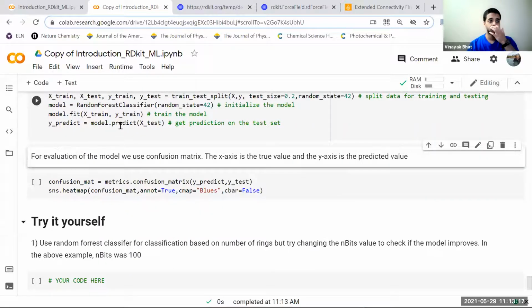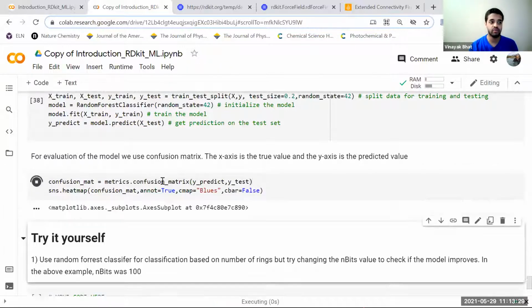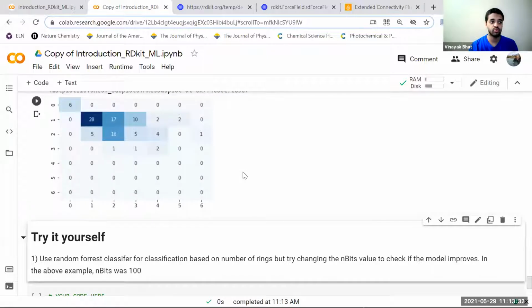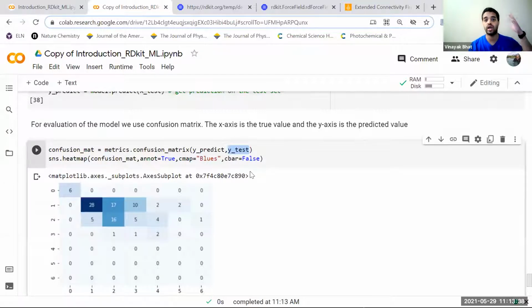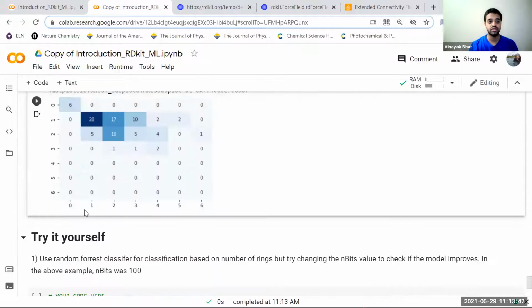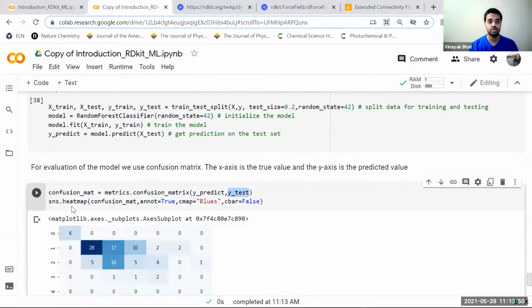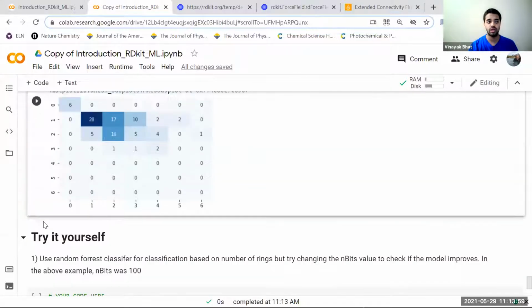Okay. So once this is done, we need to somehow see how good that thing is. So we can go with a confusion matrix to visualize how good this model was. And if you try to plot it, it'll plot you some values. In this case, the x-axis is the true value, so that is the actual y test that we calculated here. So these are the exact or true y values that we have along the x-axis, and the y values that it predicted are along the y-axis. Okay, the target values. So how do we read this?